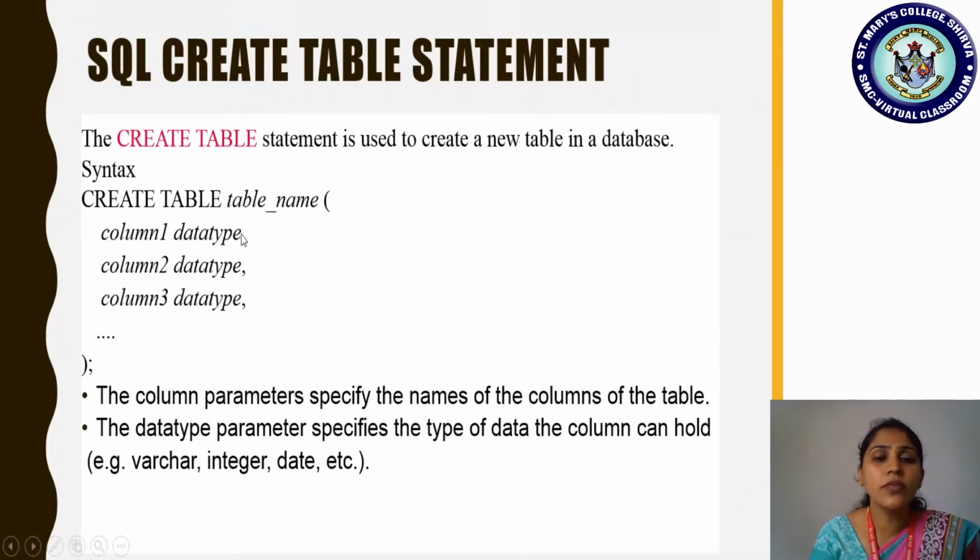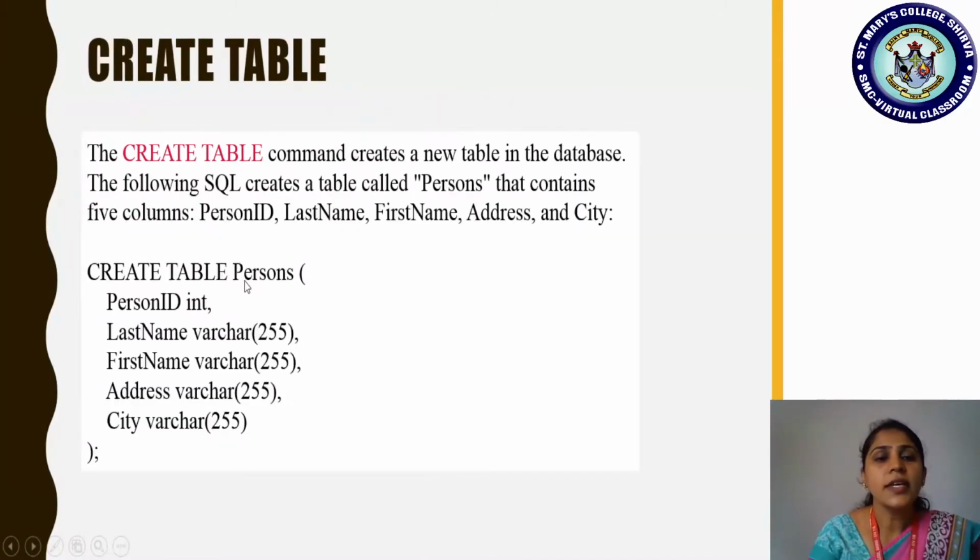Why? Because when users are creating, we should have a correct picture of how many attributes we are adding. If we are putting it line by line, we will understand how much we added and which is left. Okay. And it has to be separated by a comma, right? So it is easier to follow the syntax and find any errors if they occur. Okay. So that is the thing.